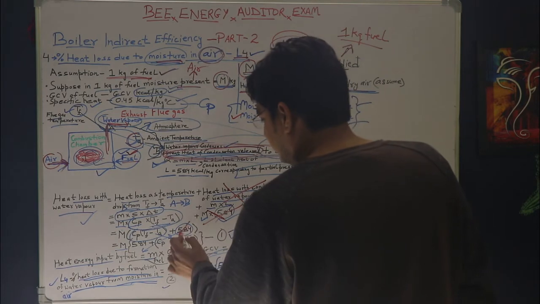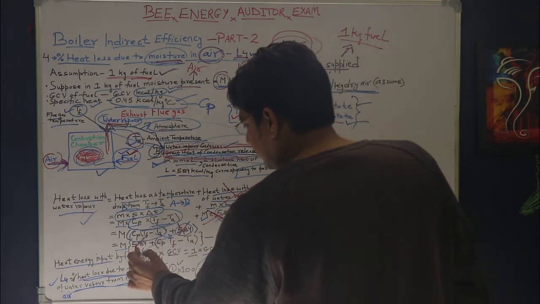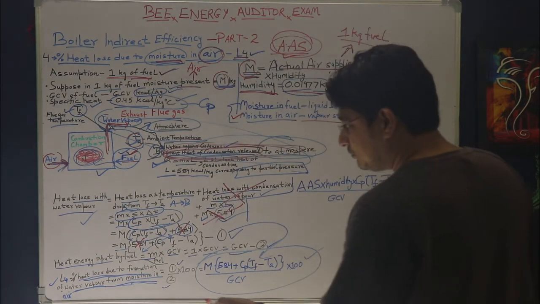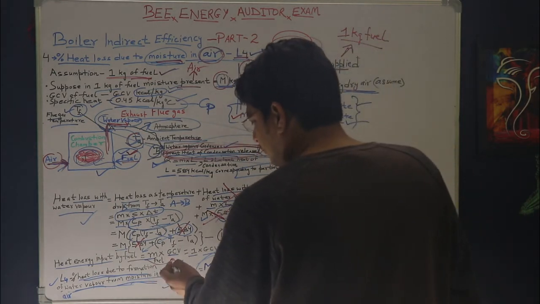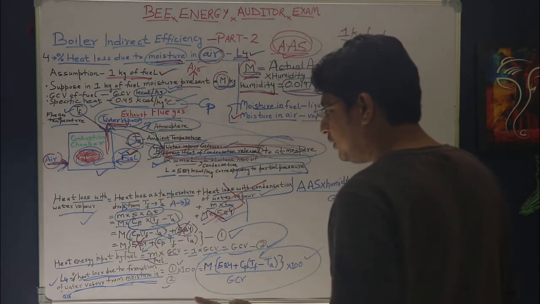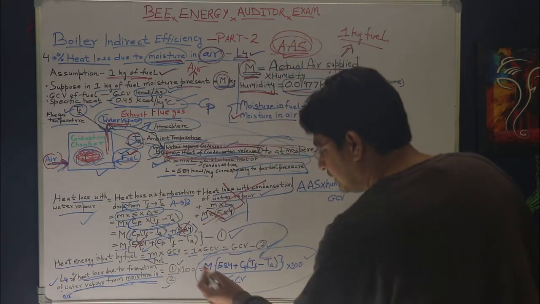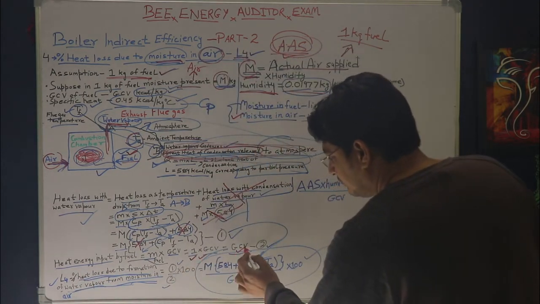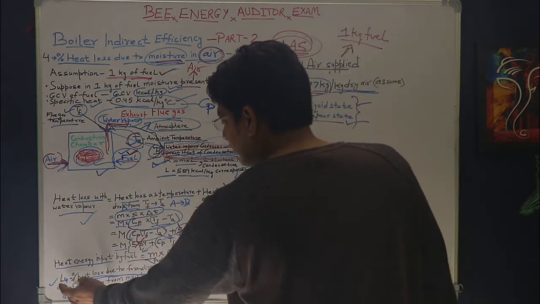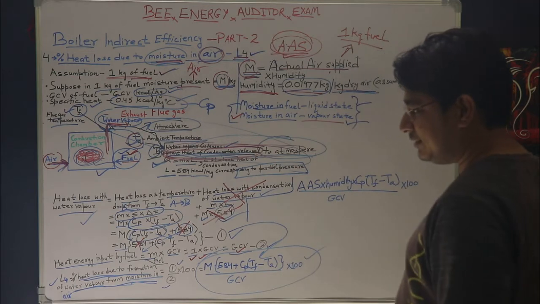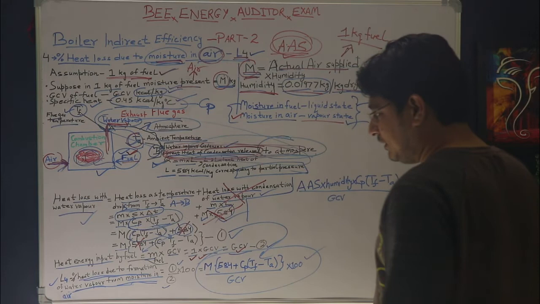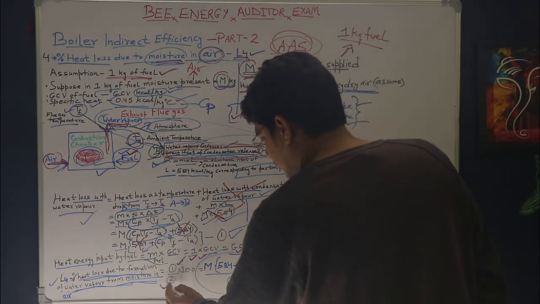So accordingly this will be dropped. So the heat energy input by fuel is again mass of fuel into GCV. Now the basic assumption is that we are considering 1 kg of fuel. So the heat energy input by fuel is 1 multiplied by GCV, that is GCV, my equation 2. Now you can easily see from here that L4, that is percentage heat loss due to formation of water vapor from moisture in air, will be the ratio of equation 1 to equation 2.